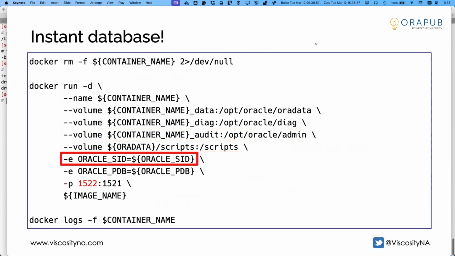I need to keep the same Oracle SID and the same Oracle PDB because these are database files associated with a particular Oracle SID, right? And I also need to change the port because I can't have two environments or two systems that are running on the same port. And then I'm also going to use the same image name, although you don't have to,